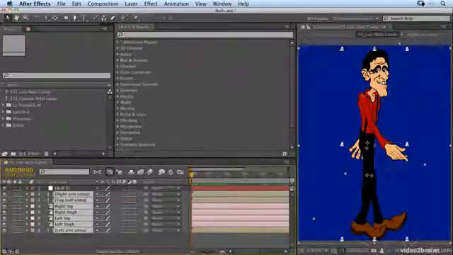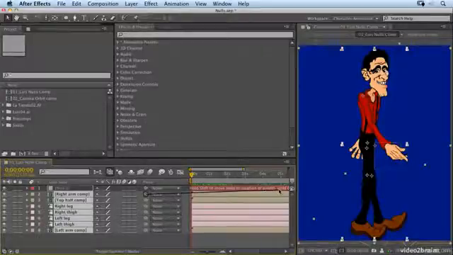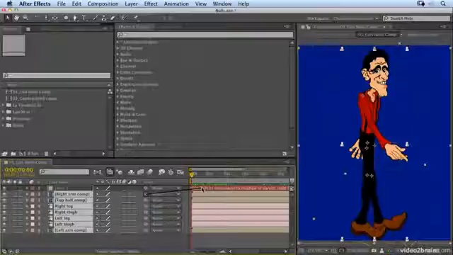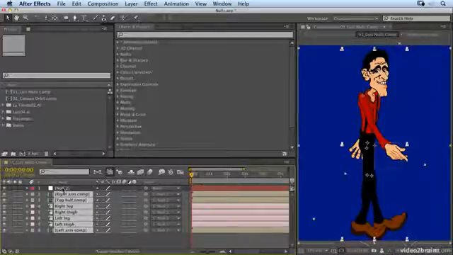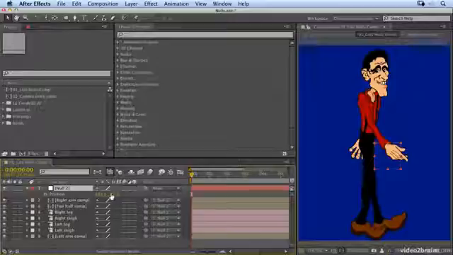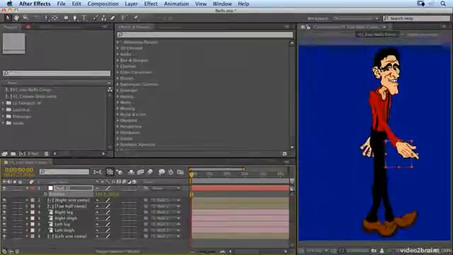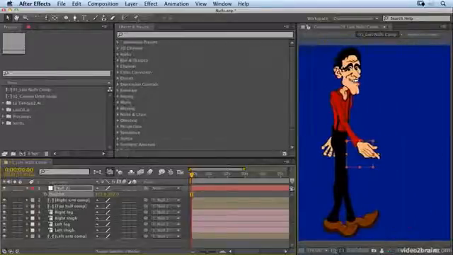So I select these layers and just drag the pick whip to the null. It comes up with a little bit of help there, telling me keyboard shortcuts or modifiers that I can hold to adjust the actions of the parenting. But for now, we don't need to hold any modifiers. All we want to do is select null 2, and that null now becomes the controller for all the other layers. So I can adjust my position value, and you'll notice that my character follows the position value wherever it goes,